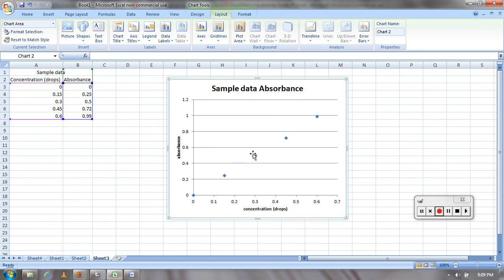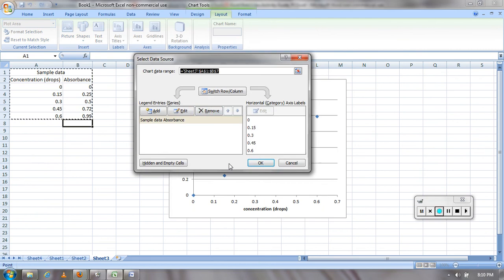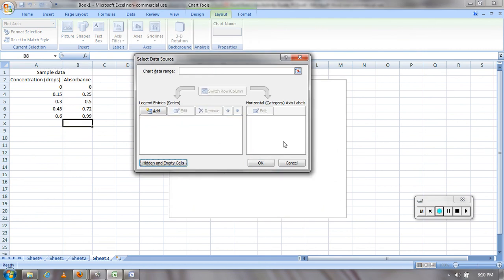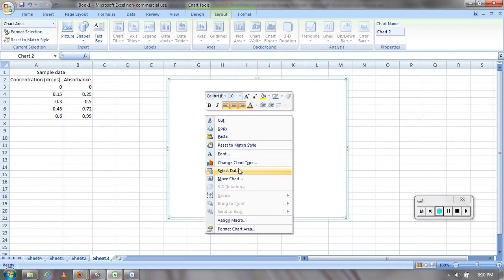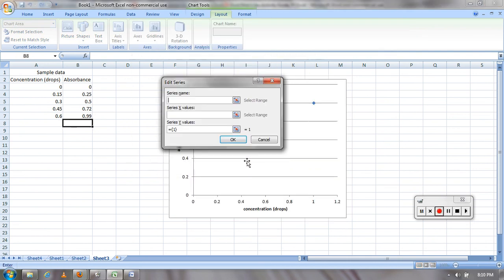So anyway, now I have my trend line. Now this will work if you have concentration first and absorbance second. If you have these flipped, your axes will be flipped, so make sure you have the right sequence. So now I'm going to get rid of all this because I want to show you guys something. If I get rid of my data, I have to go to select data, and I want to remove this, hit OK. So to do it manually, I'll right click, I'll select the data, I'm going to add a series,